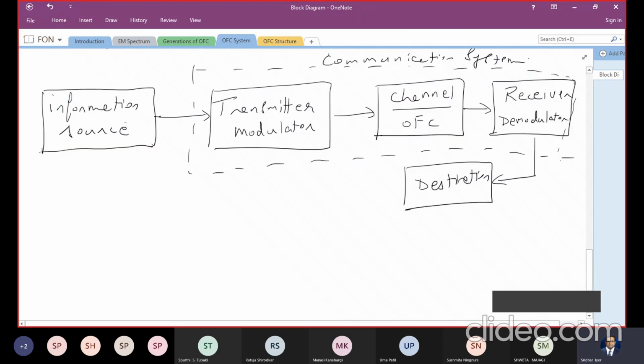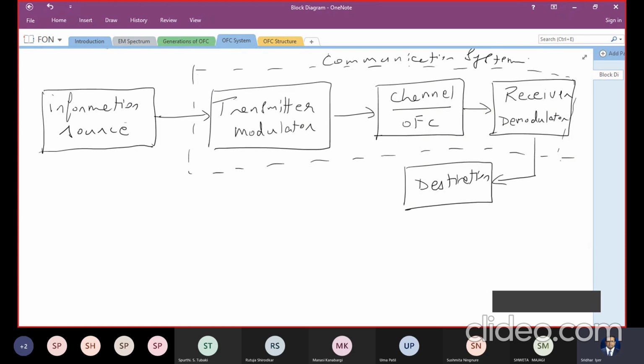Okay, so it's very easy to understand what is going to happen. The transmitter is going to transmit using the modulator. Frequency will be high. You are using the channel to pass on your message. The channel may also have some issues with itself. For example, OFC has attenuation and dispersion, which we'll discuss in module 2.